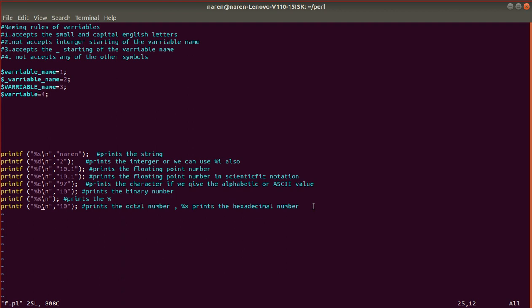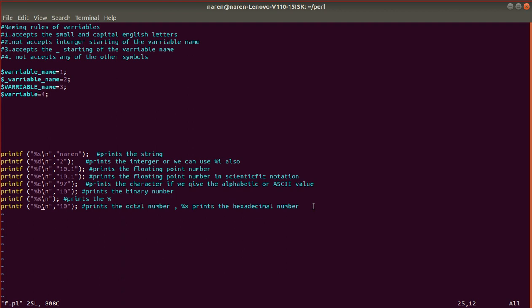We shouldn't use any other apart from these three. If we use any other symbols, it throws a syntax error.